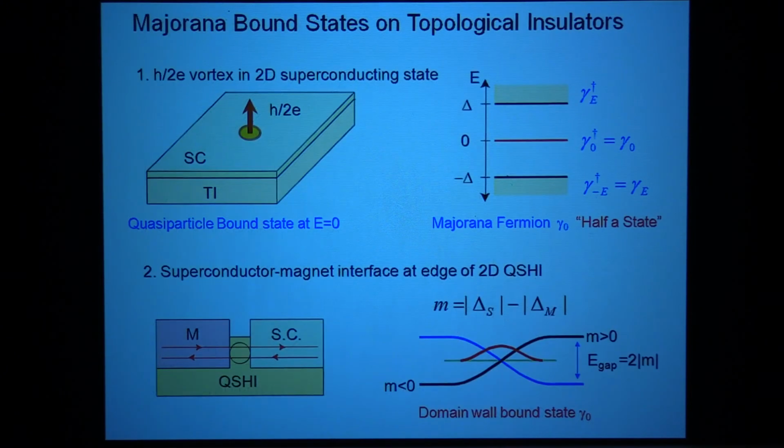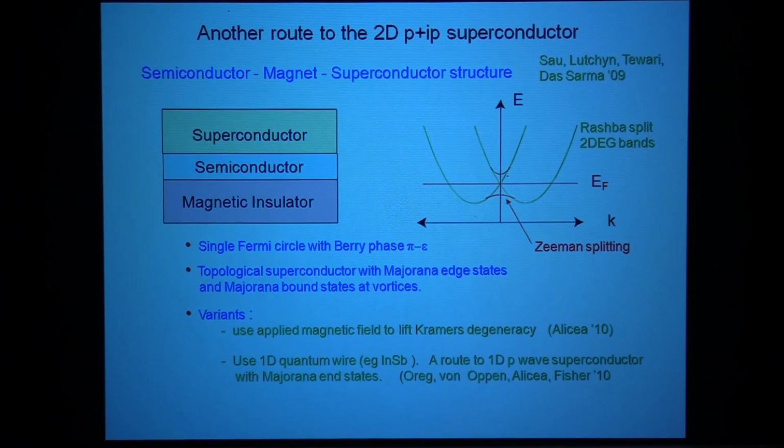This idea that you could do it with a topological insulator was sort of the first idea that you can use a proximity effect. But shortly afterwards, it was realized that you don't really need the topological insulator. What you